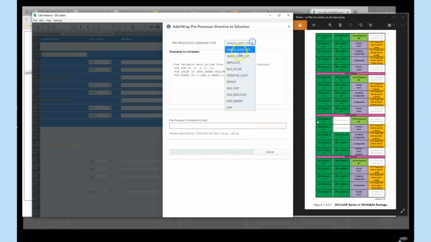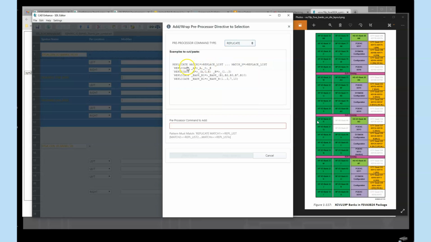And what we're going to do is a replicate loop. So we're going to find the replicate. What replicate lets us do is we can say replicate, we're going to use this form of the replicate. So let's copy that. We can do Control-C. Okay. And what replicate will do is we're going to substitute anywhere we see